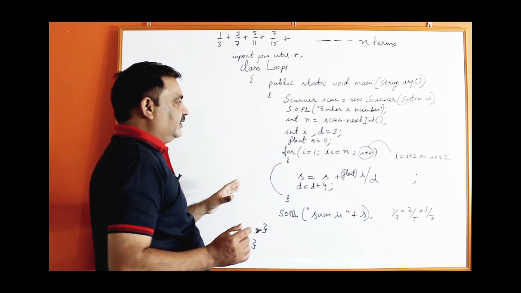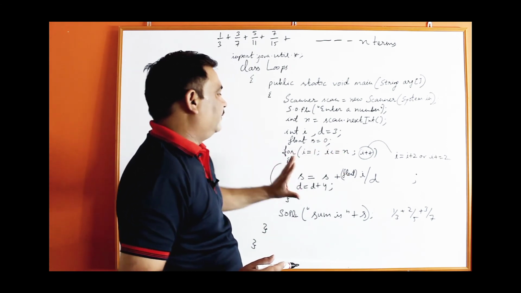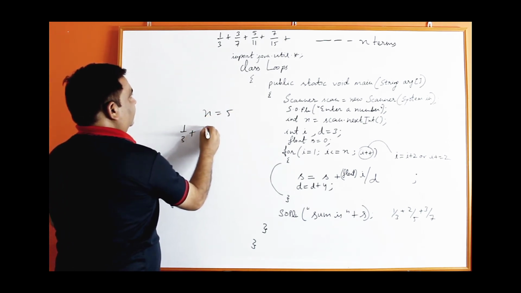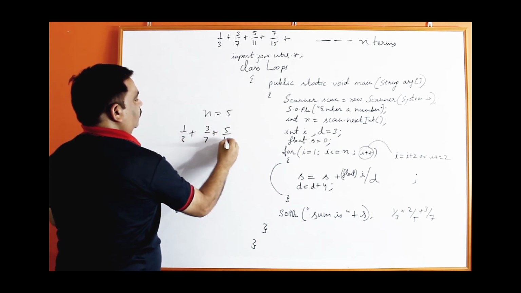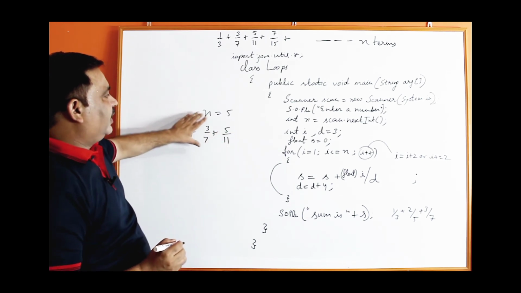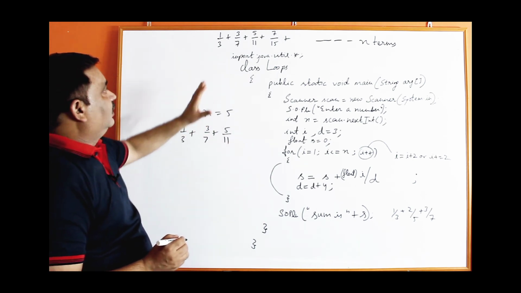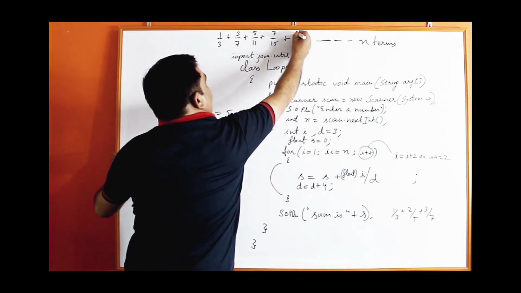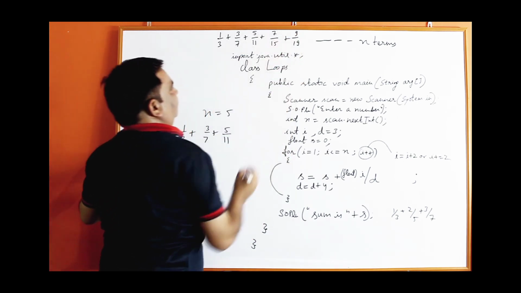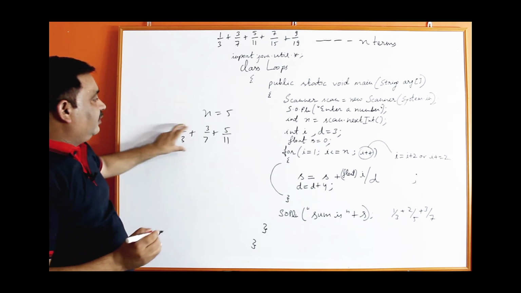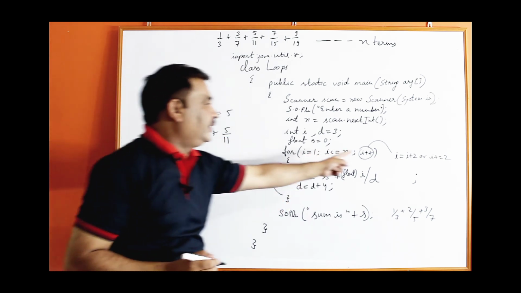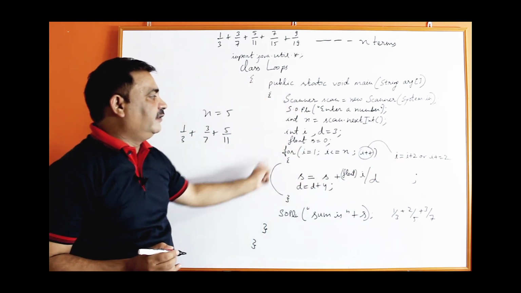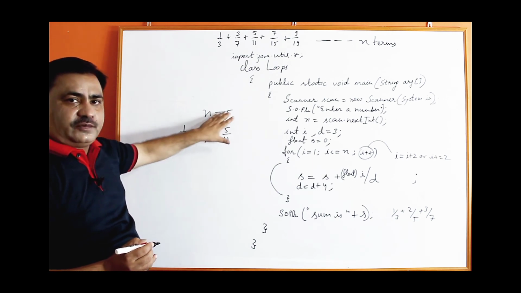But what will happen in this case? If the value of n is suppose 5, you will get only 3 terms. But what I want, if n is 5, I want 5 terms, 1, 2, 3, 4, 5 terms, one more term, 9 upon 19. But in this case, why will it be 3? Because the loop will execute 3 times only. If you increase the value of i by 2 here, the loop will execute 3 times, 1, 3 and 5. When it becomes 7, the loop will be terminated in the case of 5.